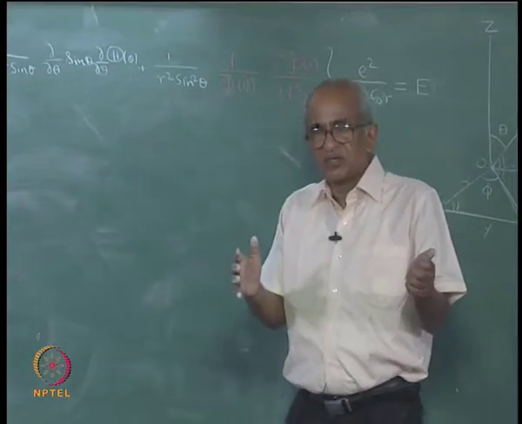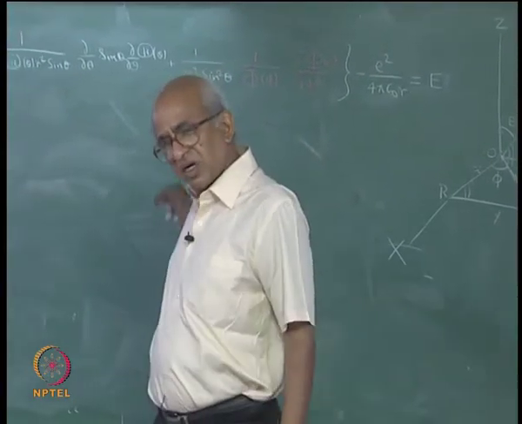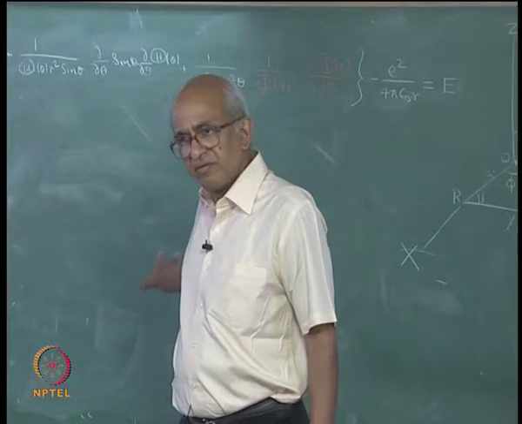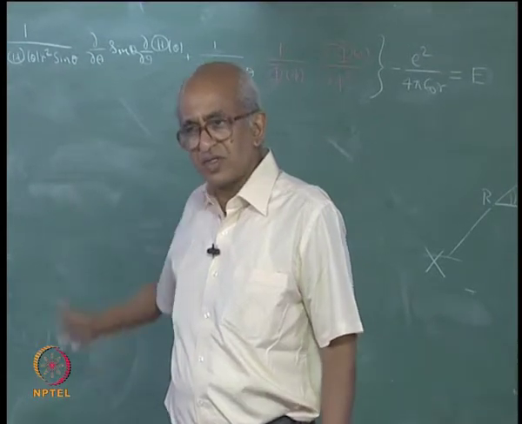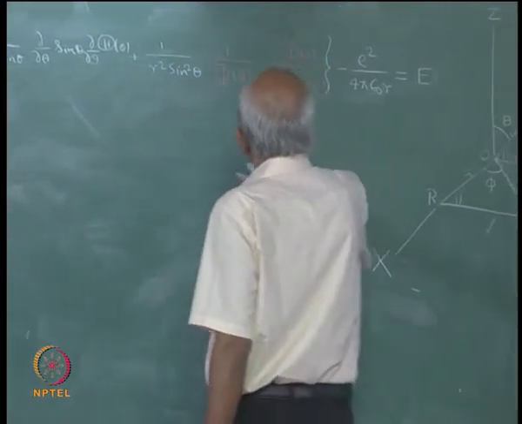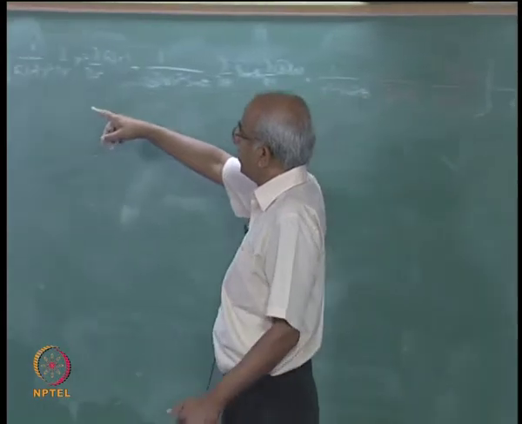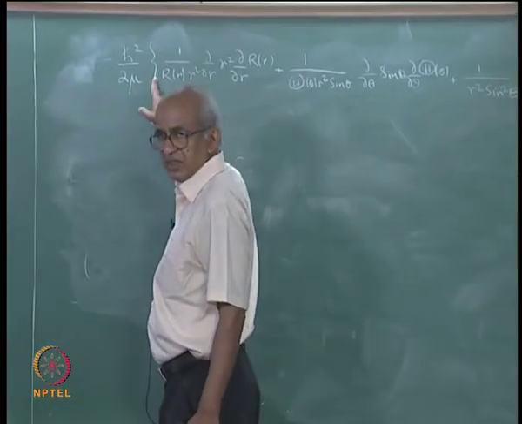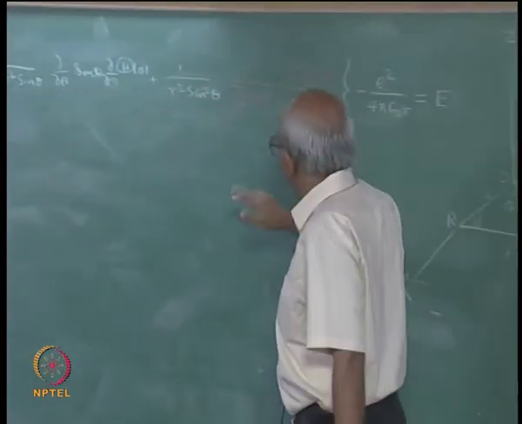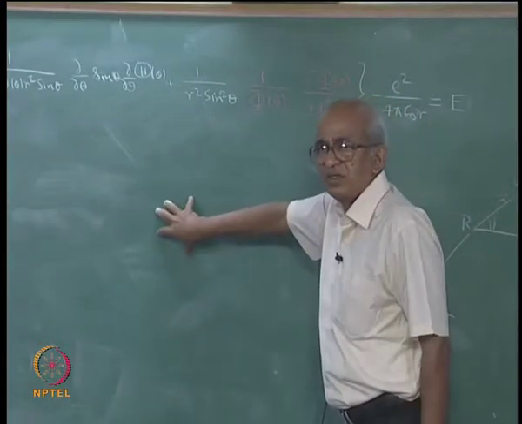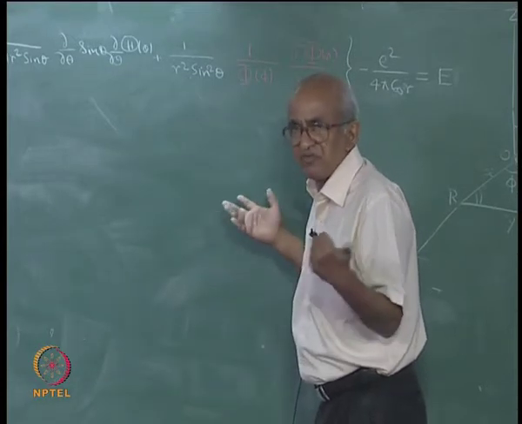So, you have the left hand side of the equation, there are r, theta and phi, but this part alone depends only upon phi, while everything else depends upon r and theta. So, if you have this kind of equation, what can you do? You can rearrange this. First you will take this term to the other side, then you will multiply by the inverse of this, after which you will take these terms also to the other side. Eventually you can rearrange in such a fashion that only this term is left on the left hand side. And what about the right hand side? Right hand side will be some function of